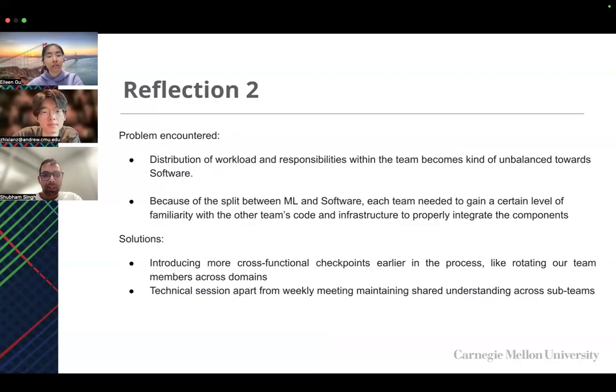The second reflection was the distribution of workload and responsibility within the team, and the split between the ML and software teams, where each team needed to get to know what the other team is doing. We can do it by using cross-functional checkpoints and